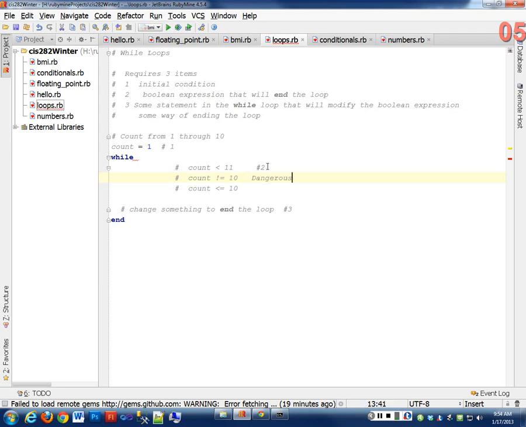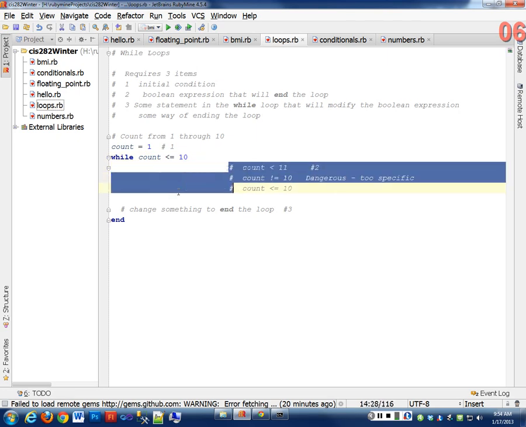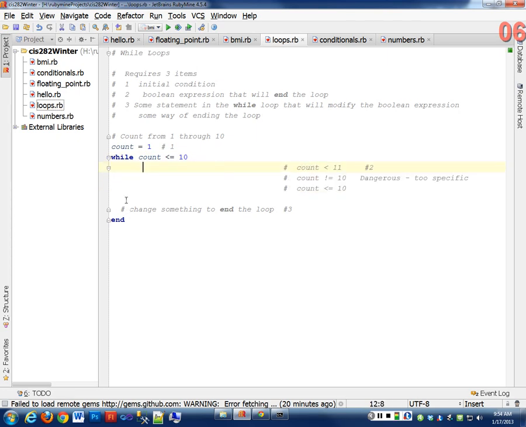It's dangerous, too specific. All right, and since I'm doing 10, I don't like to change my number that I'm counting to, so I would prefer to make it less than or equal to 10, because I'm not talking about 11 here, I'm talking about 10. It keeps the focus on what we're doing. So I'm going to use this version here. And we'll put all these way over here, get them out of the way. So while my count is less than or equal to 10, as I'm writing a while loop,